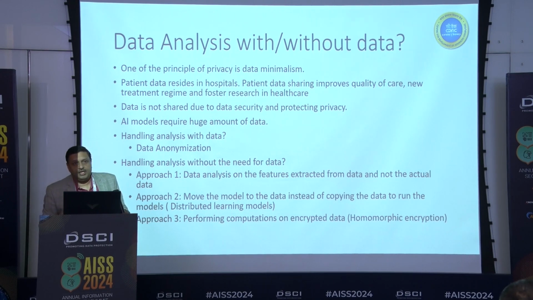Also, we know that patient data stands in silos, and ABDM is one initiative of the National Health Authority and Government of India, where we are trying to integrate everything with standards-based interoperability. But can we do something? In this age of AI, where everybody wants to leverage the power or efficiency of AI, how do we get the data which is lying in a hospital, allow it for analytics, maybe in AI, but ensure that the privacy remains? And yes, the classical techniques of anonymization of data are available, but we know that